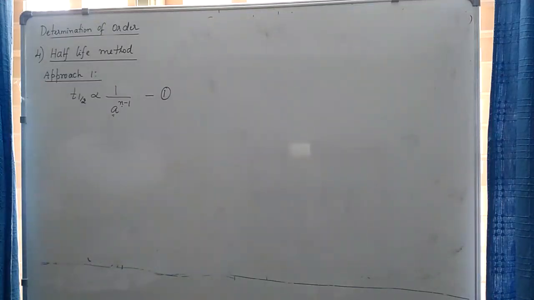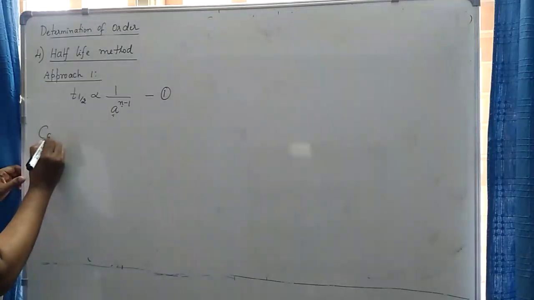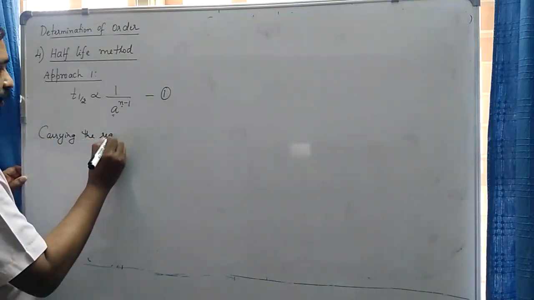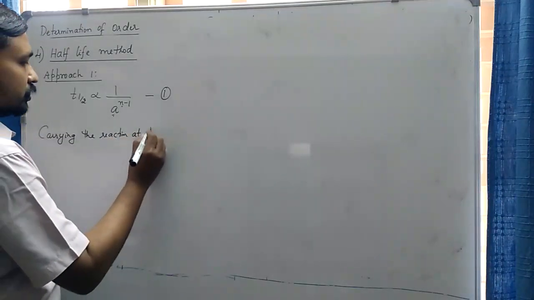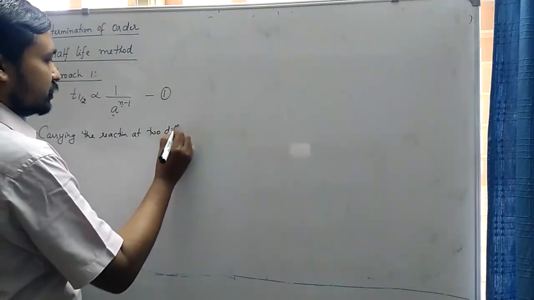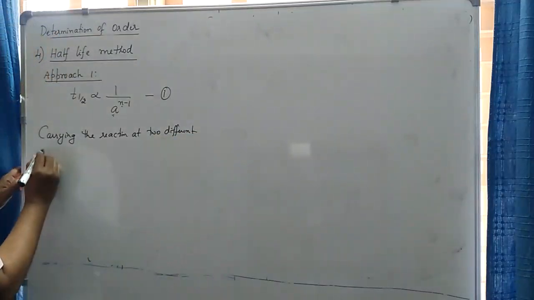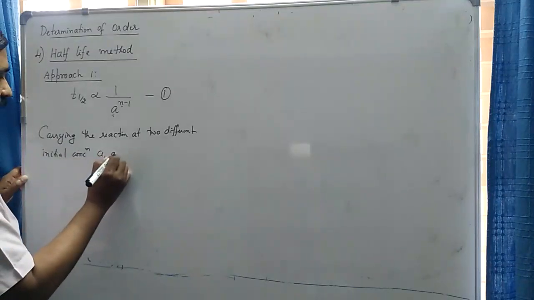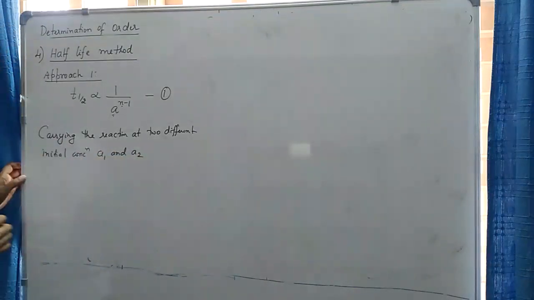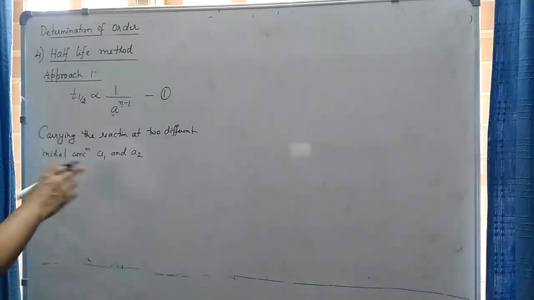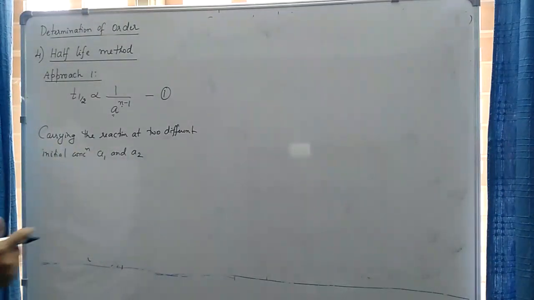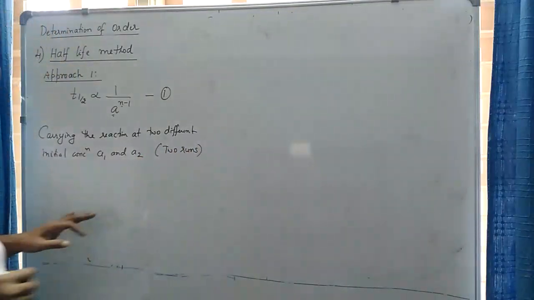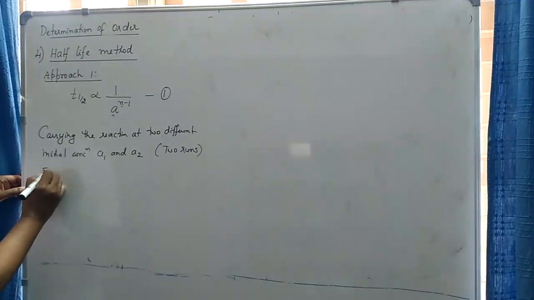So here what we are doing is we are carrying out the reaction at two different initial concentrations A1 and A2. We are carrying out the reaction, same reaction, at two different initial concentrations A1 and A2. So we are carrying out only two runs, and experimentally